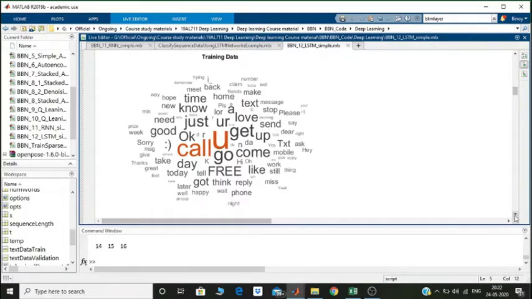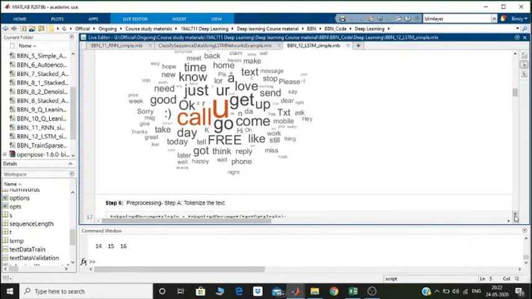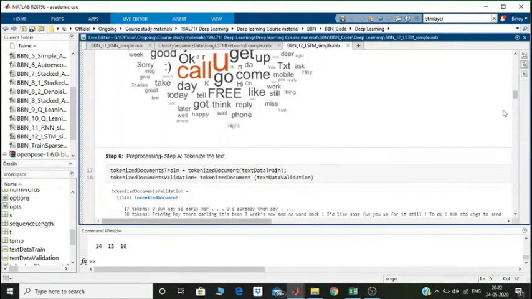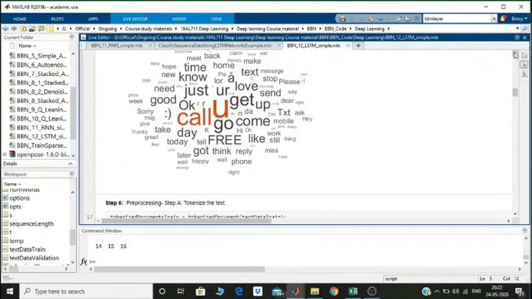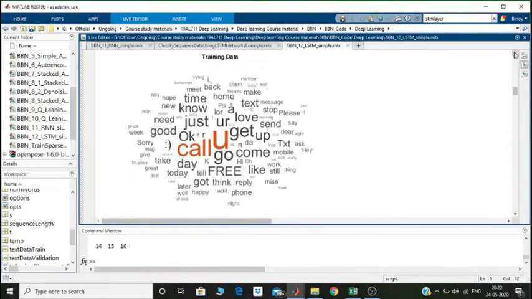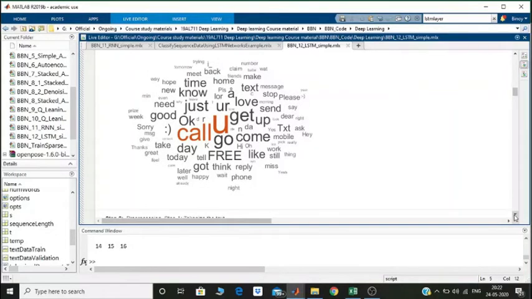So that is done, and once you visualize this, it does not directly impact how LSTM works. This is just for visualization, please remember that. Word cloud is not going to be used in LSTM in any way. It is just for visualization and to help you understand how the words are spread out in the dataset.